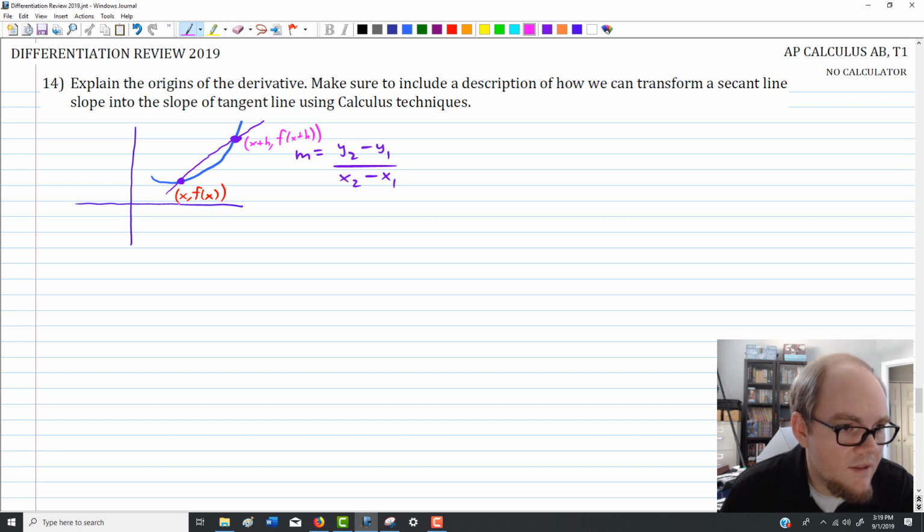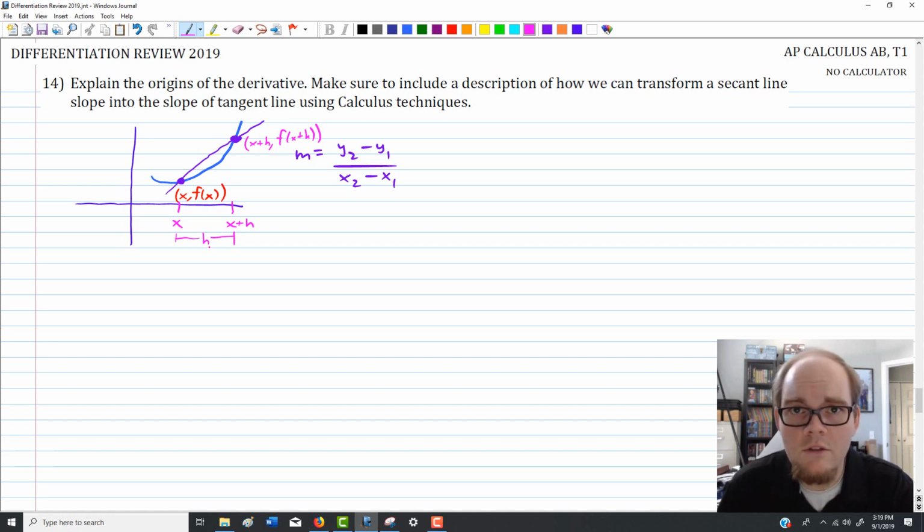And the reason we do that is down here, you can kind of imagine, we have an x value where we're starting. Over here, we pick a second x value, and what we do is we add a small little horizontal distance, so that the distance between the two x values is what we're calling h. Some places even call it delta x to emphasize that it's a change in x. Given that, our goal is to make this horizontal distance as small as possible, because a smaller horizontal distance will